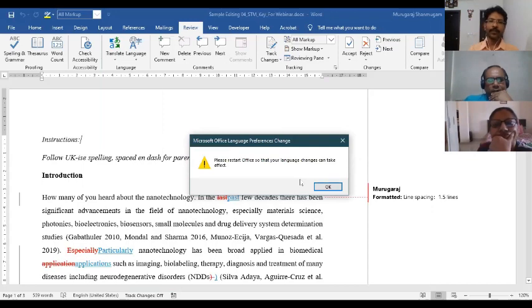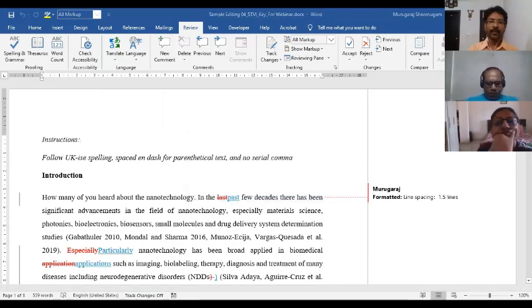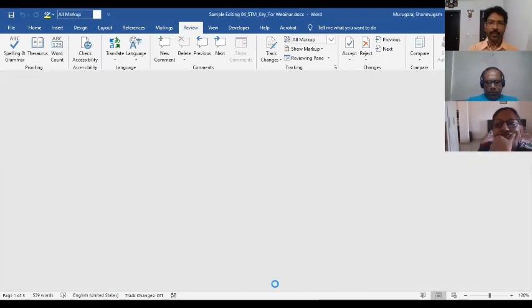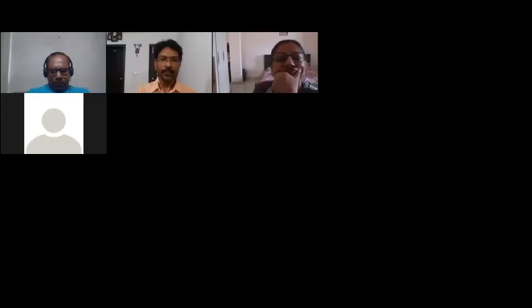You get a confirmatory message that says, please restart Office so that your language changes can take effect. So you have to close all the MS Office applications that are open so that this change is effective. I have a couple of documents, PowerPoint, Excel and a Word document all open. So I'll close them all.